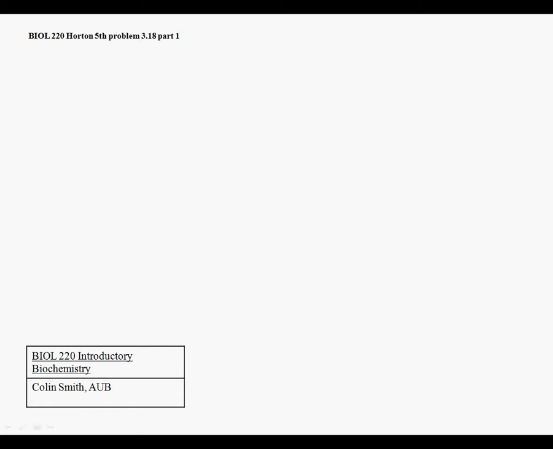This is problem 3.18 from Horton's 5th edition. The question reads, calculate the approximate concentration of the uncharged form of alanine C below. So normally if I were to